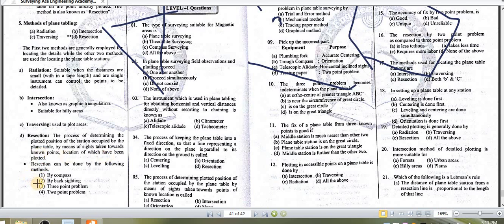So in this, a compass is required, backsighting is required, the 3-point problem is required, the 2-point problem is required. Basically, the resection method is generally adopted when you have done your surveying work, and after completion, after coming home, you see your sheet and get to know that you have missed at least 1 or 2 points. So you need to get those points. For that you require at least 3 points plotted on your sheet, or at least 2 points. Based on those 3 points, you can establish a new point, and similarly, with at least 2 points, you can establish a new point. So this is about your resection method.